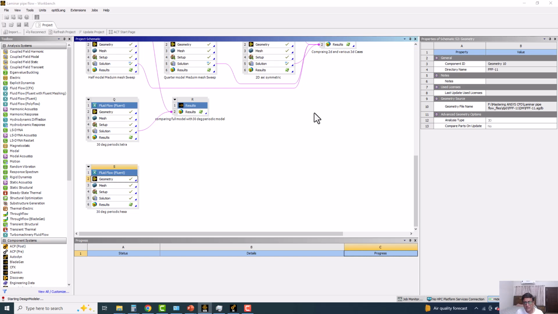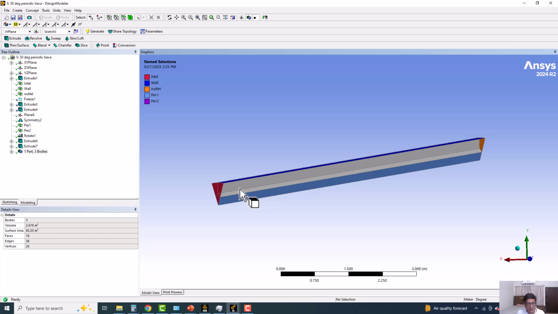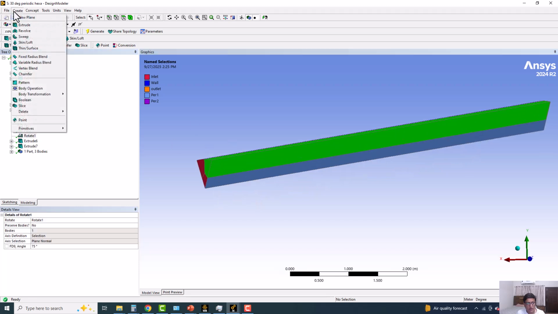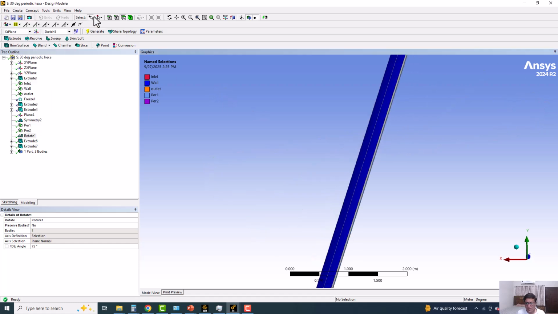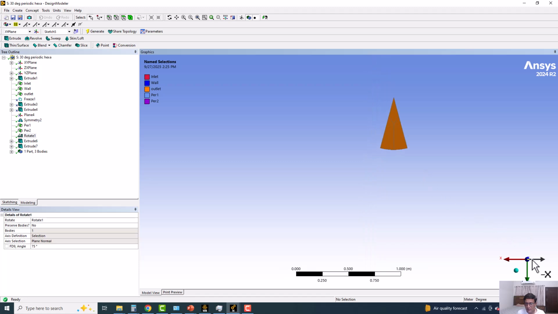Geometry creation requires some decomposition. So I have to decompose geometry. So you can see here. Number one thing is that I have clicked on the rotate, and I actually put the rotate command, body transformation, and rotate. So what I did is that initially geometry was at the like